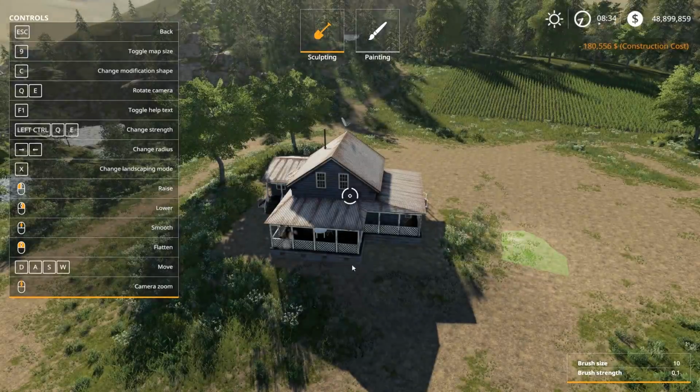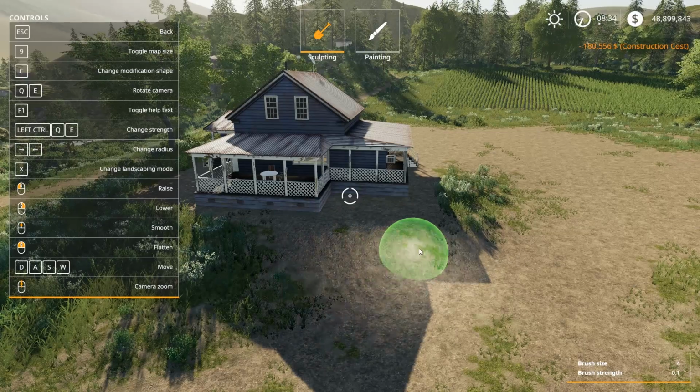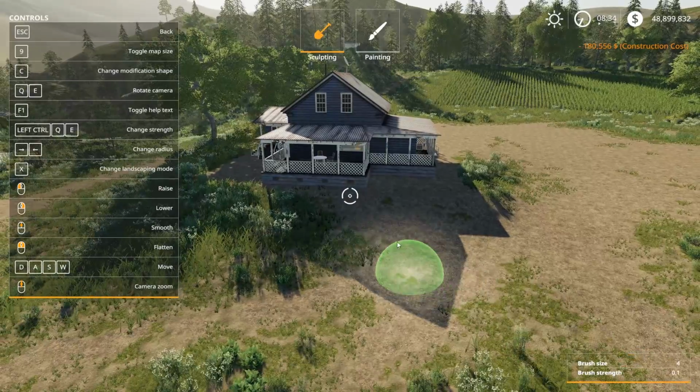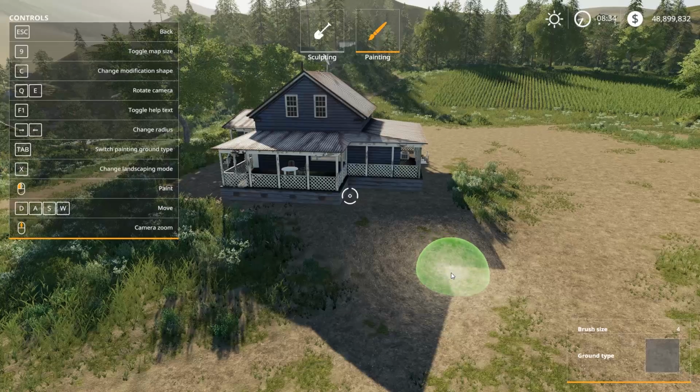So let's go back to our landscaping tool. And first and foremost, let's go ahead and blend some of this land together. Again, you can change your brush size, and it really helps to make everything blend together nicely. There we go. And we'll make this maybe a grassy area, so that it blends together a little bit more realistically. So let's switch over to painting, and if you press tab, you can see over here